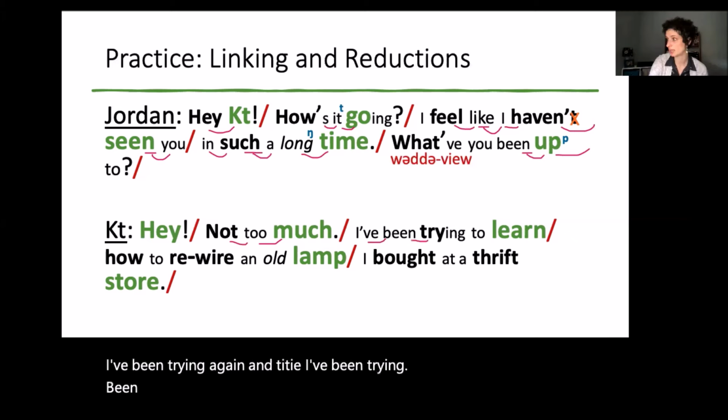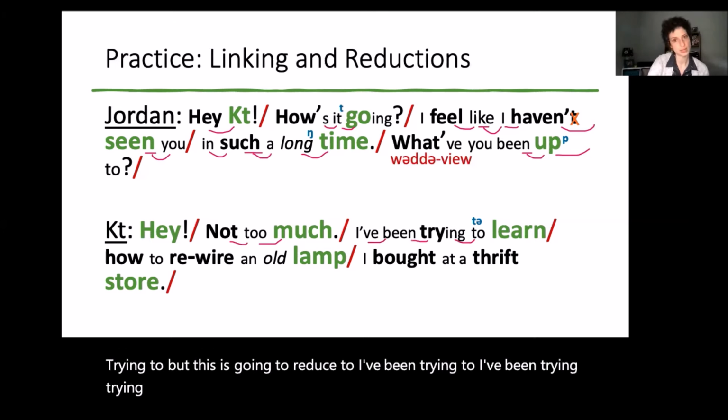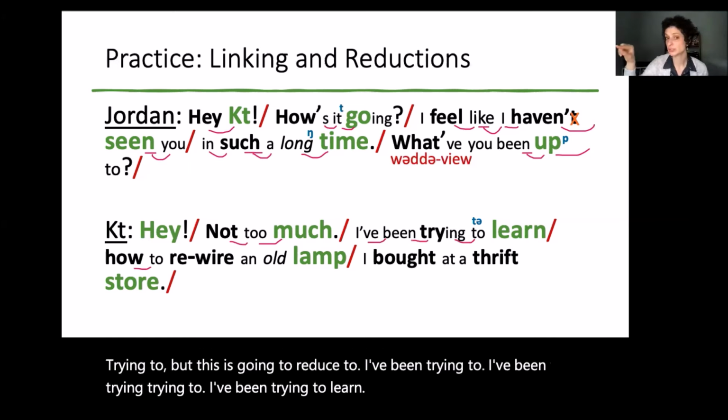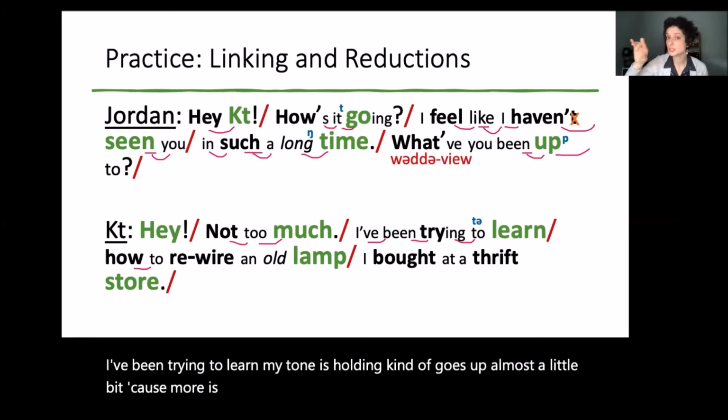I've been trying to, but this is going to reduce to. I've been trying to learn. My tone is holding. Kind of goes up almost a little bit because more is coming. I've been trying to learn